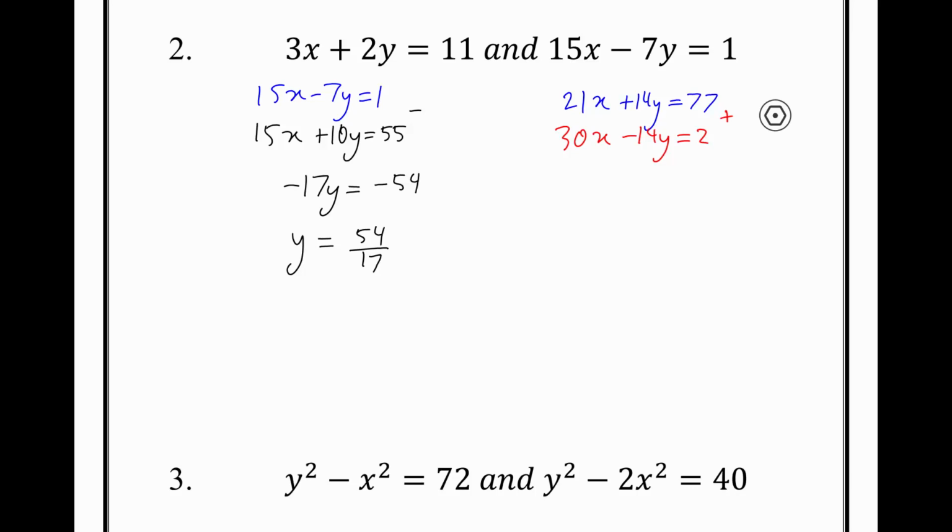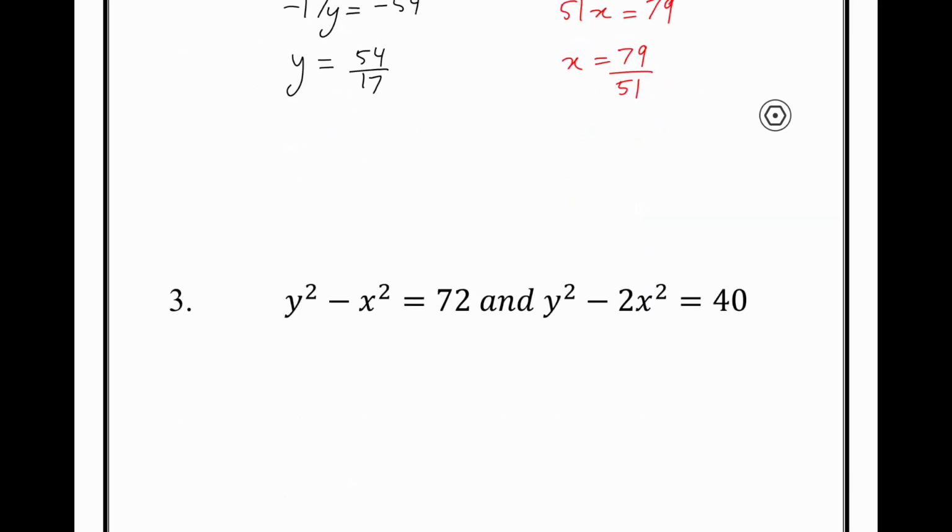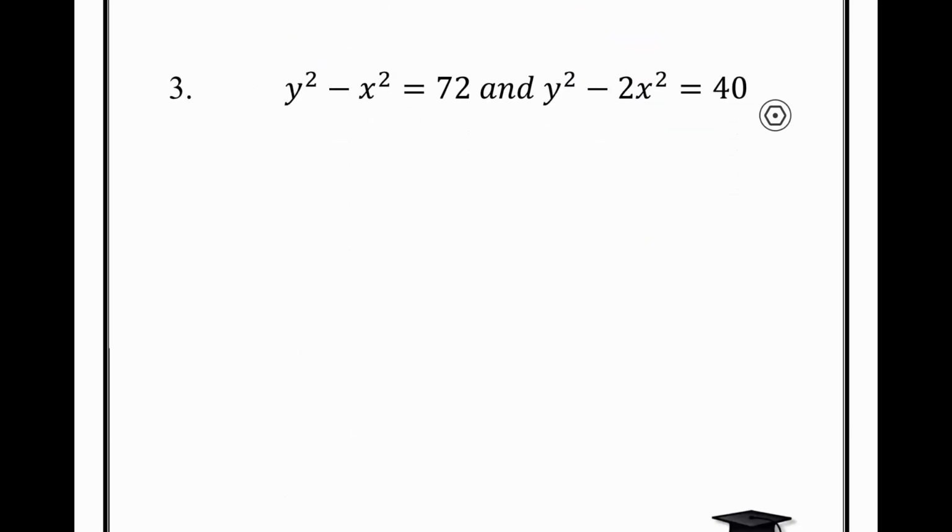Now if we add these two together, we'll get 51x is equal to 79. And therefore x is just equal to 79 divided by 51. Next, moving on to question 3, we have y squared minus x squared is equal to 72 and y squared minus 2x squared is equal to 40. Using substitution for this pair of equations